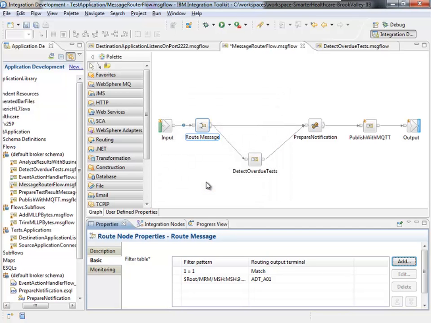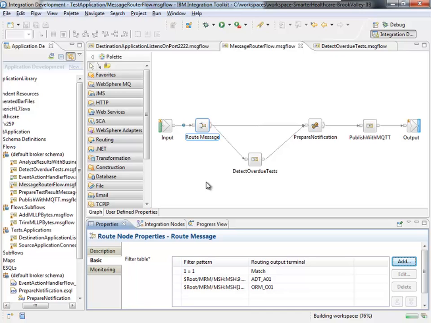So we have just now added the ability, when we receive an ORM 001 message, which indicates that a test has been requested, to route it through this particular subflow, which will send out an event to our decision management infrastructure to detect whether this pattern has or hasn't occurred, so we can detect this overdue message. And once we've detected that pattern, I've currently got it set to a 15-second threshold. So our test results should come back in 15 seconds, or we're going to get a notification on Dr. Bloomfield's device that something is delayed.